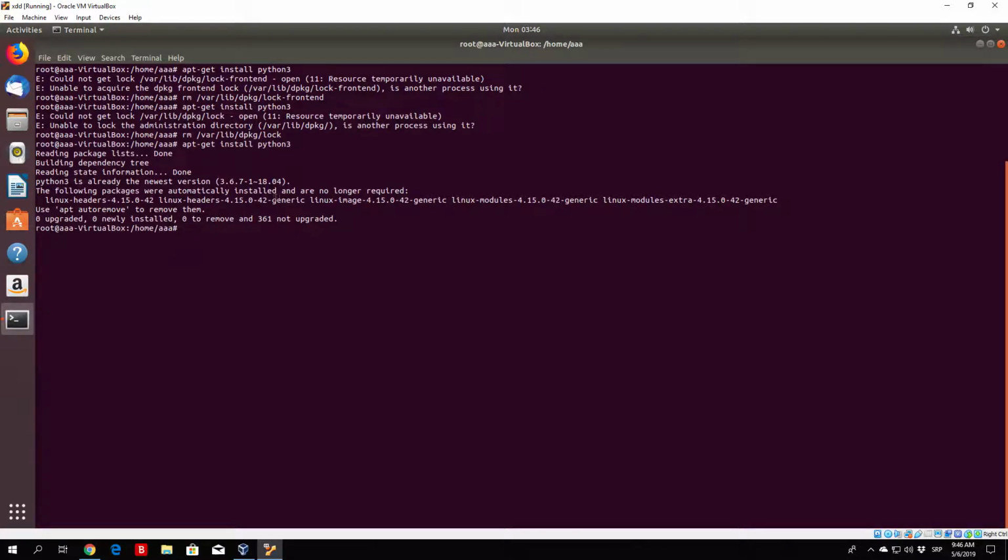The following packages were automatically installed and are no longer required. Okay, so Python 3 is already the newest version, as it says right here. And there are some different packages that are no longer required, but we are not going to bother ourselves with that at the moment. The next command we want to run is the